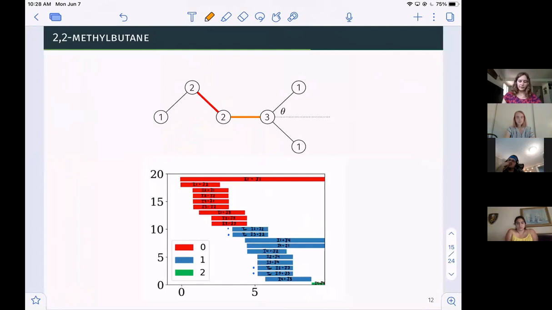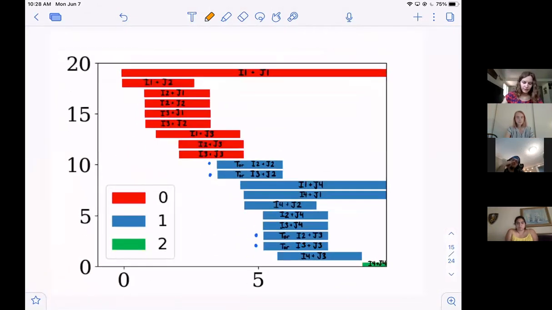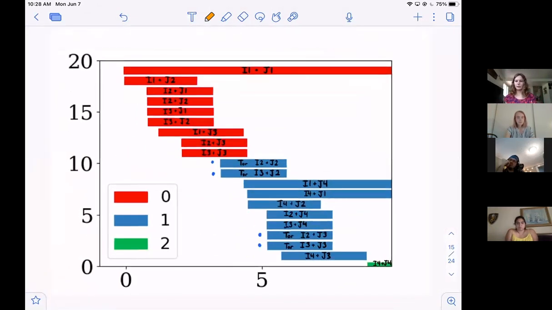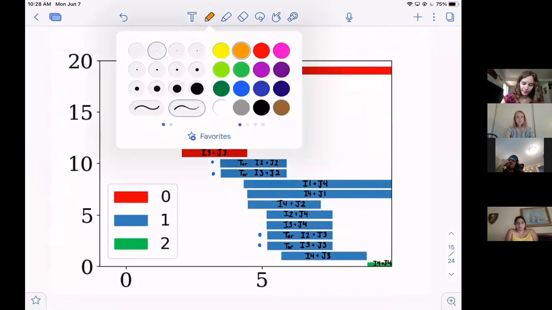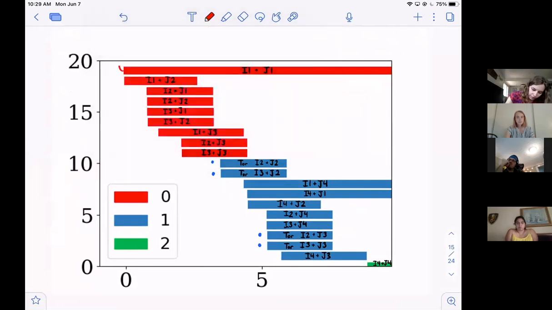So I have labeled all of these bars, which is kind of hard to see. So we'll zoom in a little bit. So this top bar is what I get when I take I1 and I add it to J1. And sure enough, we had those alpha, beta, gamma, delta values. So this is alpha 1 plus alpha 2 is when this bar is born. So it's born when my I1 bar is born plus when my J1 bar is born. And that pattern is going to continue for all of these,